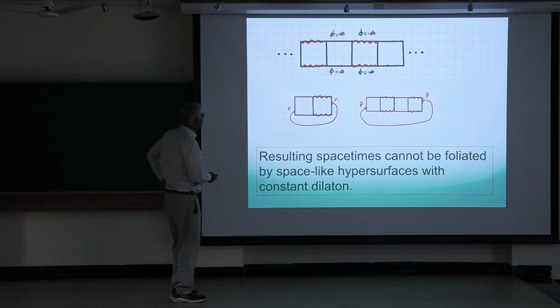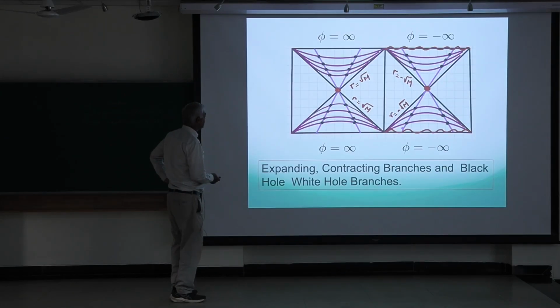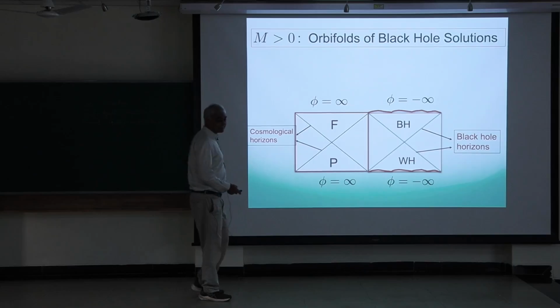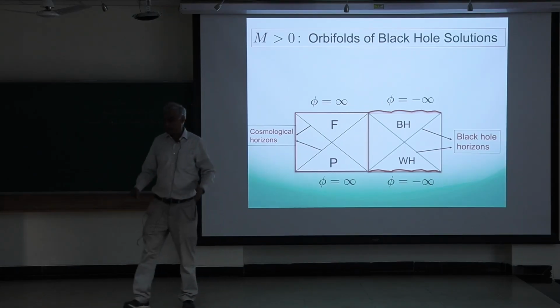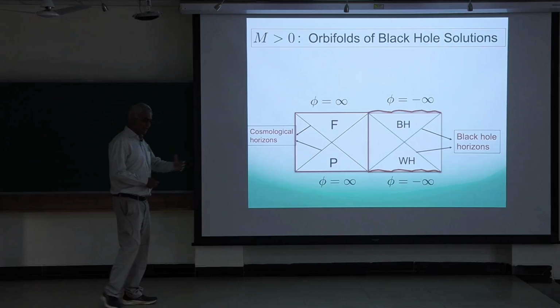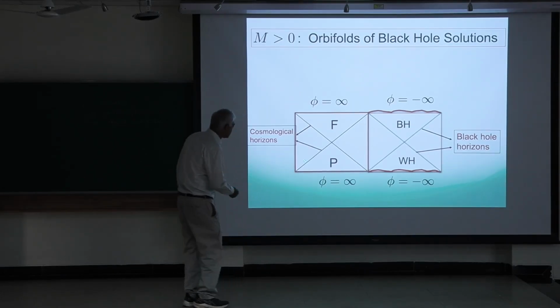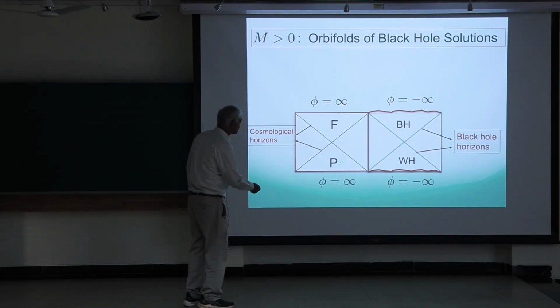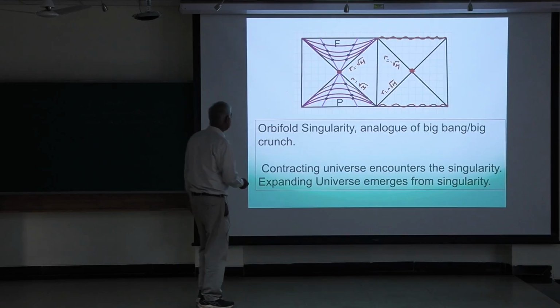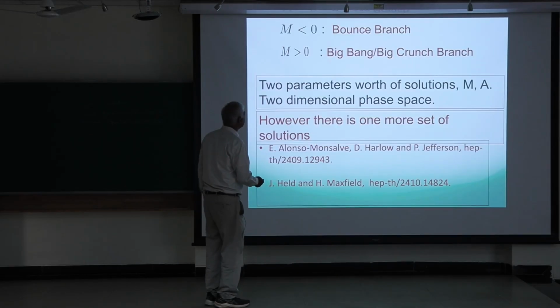That Penrose diagram I showed for the black hole in de Sitter is not the maximally extended diagram. You know how these things work. If you look at, say, Reissner-Nordstrom black holes or something, you can get these maximally extended diagrams, and here what happens is the maximally extended diagram actually has an infinite number of alternating regions, cosmological regions, and black hole, white hole regions. So after this you can tag on another cosmological region where the dilaton will asymptotically go to infinity, and then another where it goes to minus infinity, and similarly on the other side. So that's the full extended geometry.